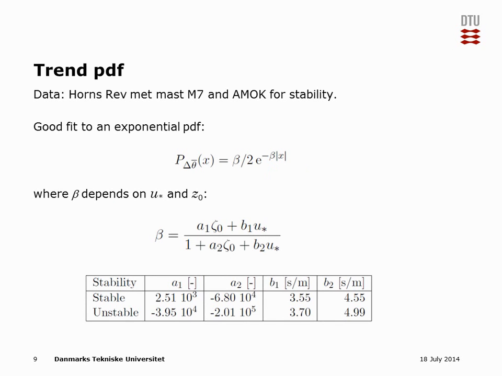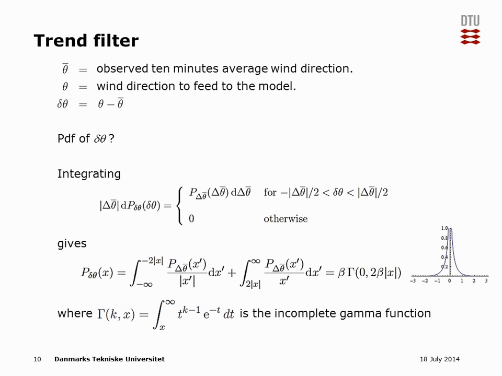or jumps in wind directions, and it depends on friction velocity, which is proportional to wind speeds in some way. And then we use different constants in this model for different stabilities. But this is just a probability distribution of the jumps in wind direction. To see what the effect of this is, you need to do some calculations, and then